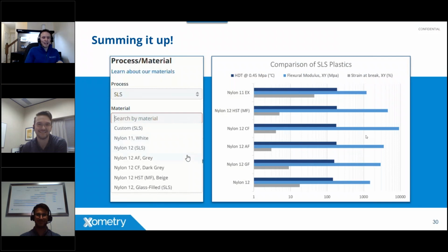I'm going to run past this summary because I see some amazing questions coming in here, but the very quick summary here is elongation. Nylon 11, this thing could stretch, it could bend, it's extremely durable, it could take an impact, bump out. When I look at glass fill, aluminum fill, mineral fill materials,